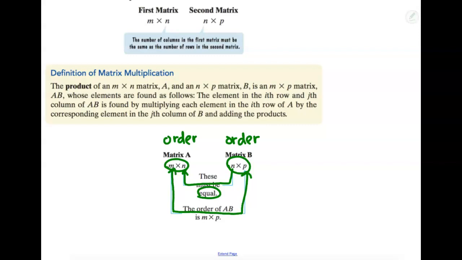So let me say that again. You look at the two matrices' orders. If these two numbers are not exactly the same, then you can't multiply the matrices together. If they are the same, then the result is going to be these outer two numbers as that